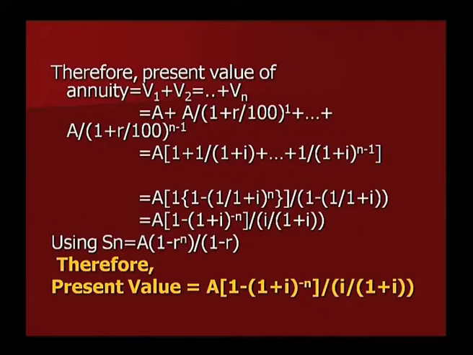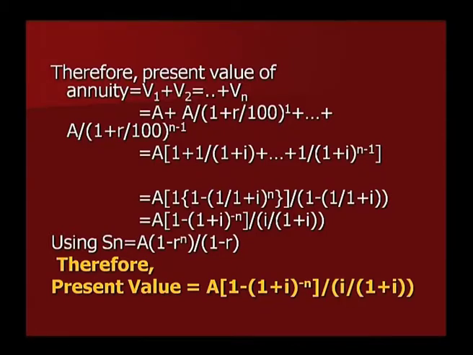Vn is equal to A plus A upon 1 plus R upon 100 to the power 1 plus and so on A upon 1 plus R upon 100 to the power n minus 1, that is equal to A multiplied by 1 plus 1 upon 1 plus I plus and so on 1 upon 1 plus I to the power n minus 1, is equal to A multiplied by 1 multiplied by 1 minus 1 upon 1 plus I to the power n whole divided by 1 minus 1 upon 1 plus I,